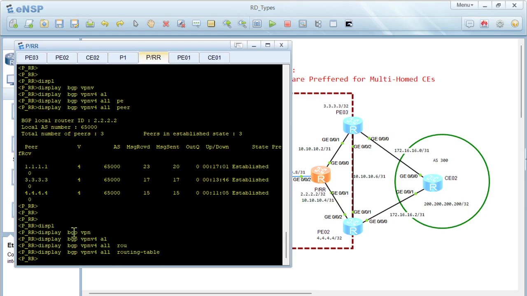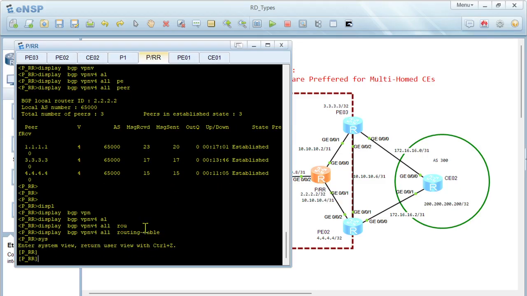The issue is that on the route reflector we haven't configured any VPN targets or VPN instances, so it's not able to learn the routes using the VPNv4 parameters. So what we need to do is to disable the VPN targets. I'll do BGP